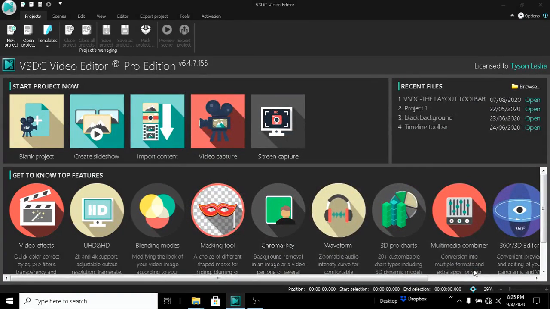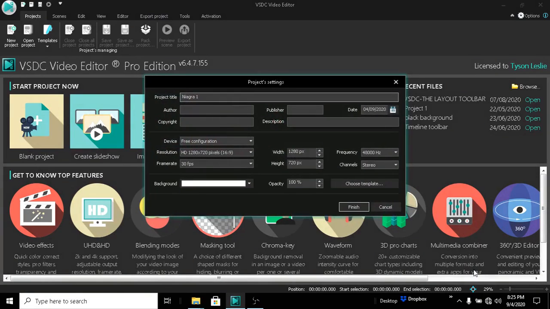Wait for my computer to figure out what it wants to do here. And you see it picked HD 1280 by 720, 16 by 9 pixels, and the width and the height there, 720 by 1280 or 1280 by 720, and it even got the sound correctly. So yeah, it's important to have this stuff right, as I said, because if you don't have your resolution